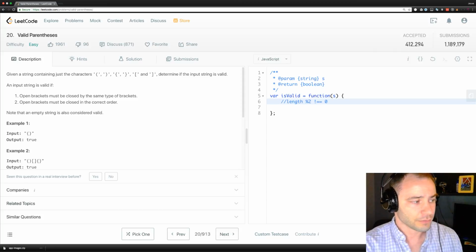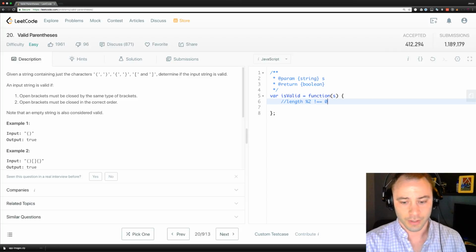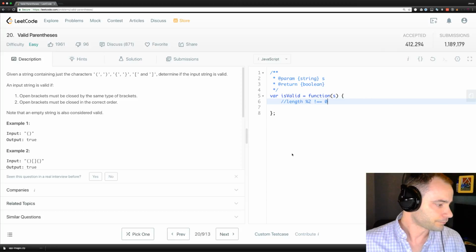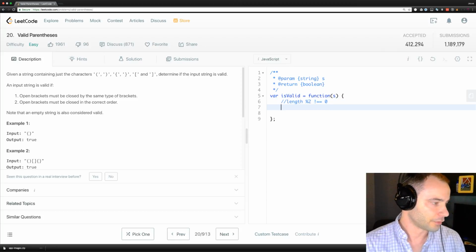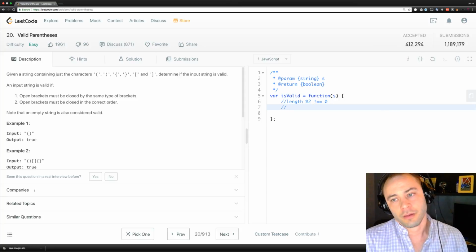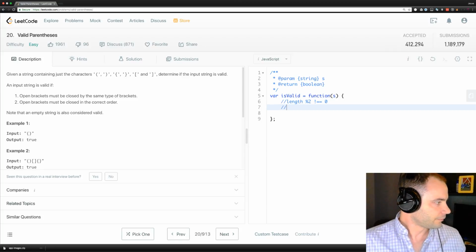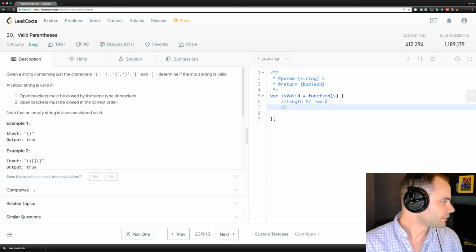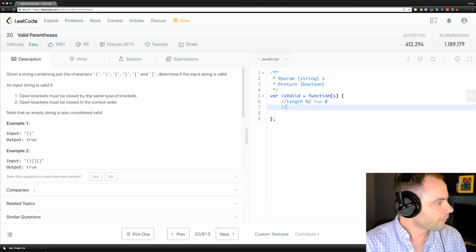An even number, when we do modulo 2, that gives us the remainder in terms of division. So we should not have a remainder, right? But an odd number should give us a remainder. So that could be one thing to rule everything out. Right off the bat we know it can't be an odd number. And open brackets must be closed. Okay, the next thing we could say are